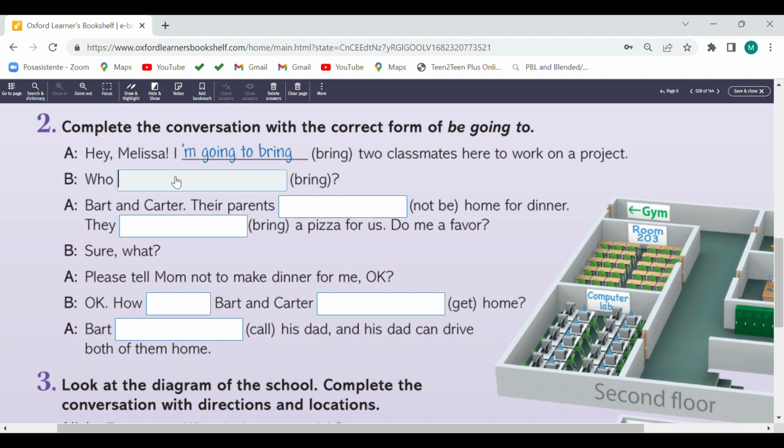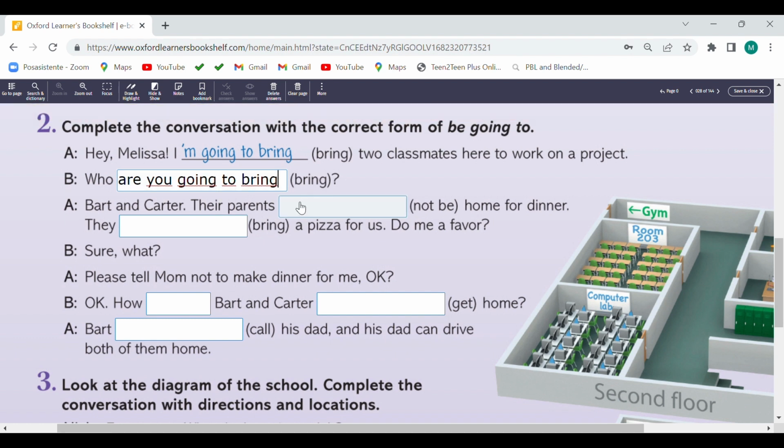Aquí nos están preguntando, están hablando I'm going to bring. Entonces es are you going to bring?